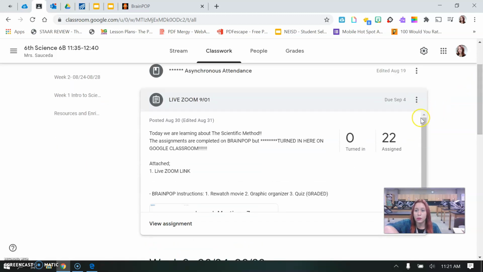Of course you want to come and read what we're learning about. It says today we are learning about the scientific method. The assignments are completed on Brainpop, but turned in here on Google Classroom. So although you're going to complete them on Brainpop, you still have to come back here, view this assignment, and